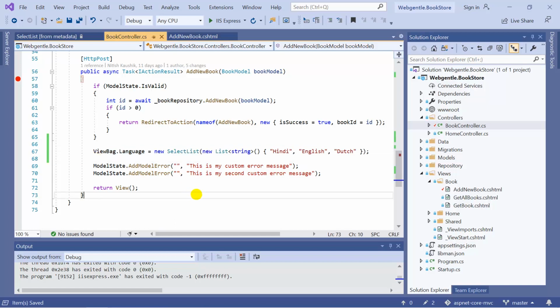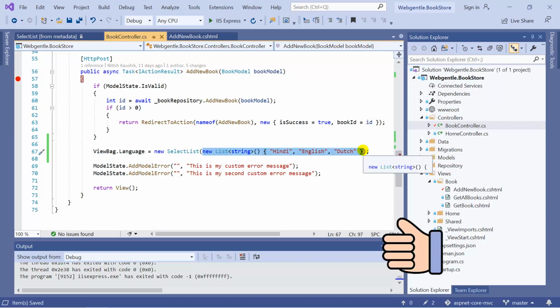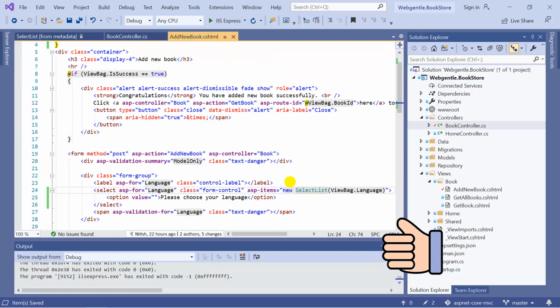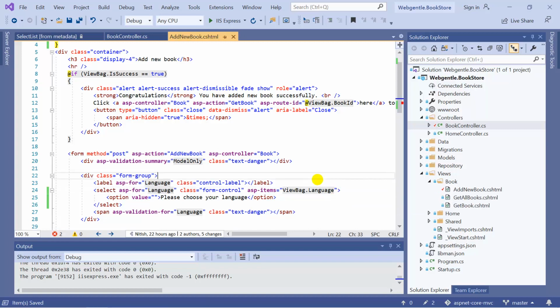And just to reduce this code you can get this data from a particular method and use that common method over here. Since we already have this select list, now we do not need this select list again over here in our view, so we can simply remove this one and directly pass our ViewBag property. So by using this approach you can format your data in your action method and pass the formatted data to your view and the view will populate the drop down automatically.